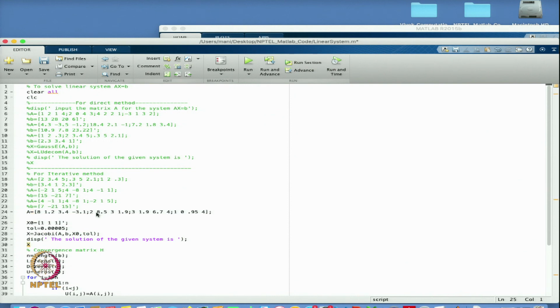and then I take the B vector. So the B vector I am taking as, suppose I take 1.33 and then 2.43, then 0, then 1.5. So this is the vector I am taking as a column vector. So let us see what will happen in this case.